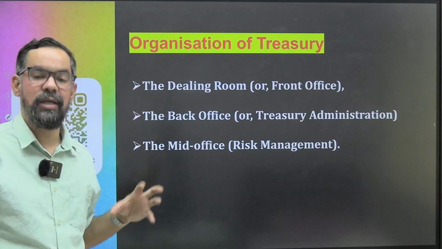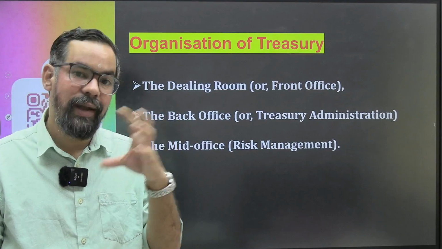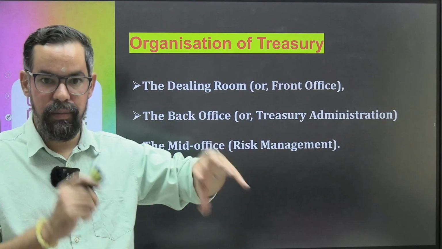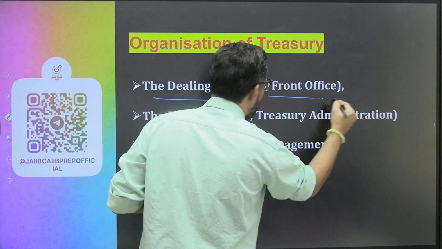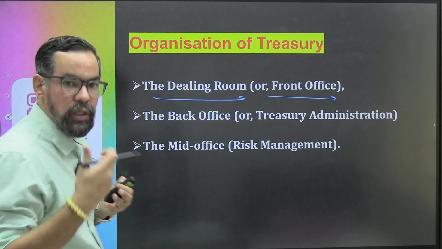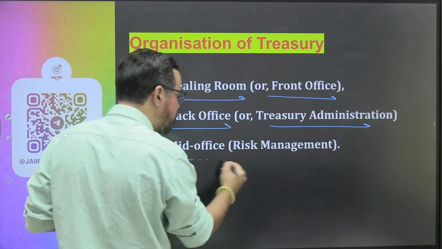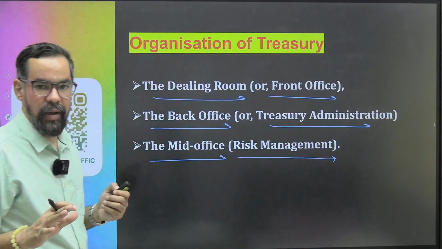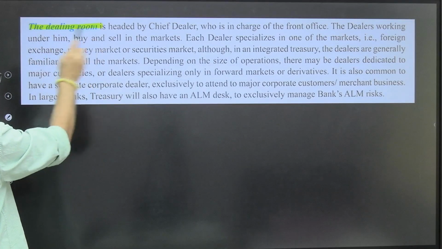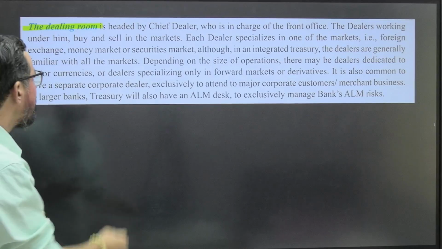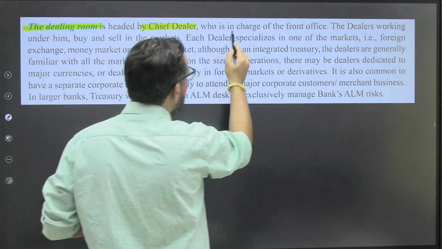So ये जो activities हैं, all these activities are categorized like the functioning of the entire treasury department or the treasury branch is divided among these three things. First one is dealing room, which is known as front office, where we generally execute the deals. Back office, administration, ठीक है, and settlements, mid office, which is generally known for risk management. ठीक है, एक बार जल्दी से इनको आपका रिवाइज कर लेते हैं। ठीक है, आई होप आप लोगों को याद है, हम लोगों ने बहुत डिटेल में डिस्कस किए हैं इनको। ठीक है, so treasury the dealing room is headed by a chief dealer who is in charge